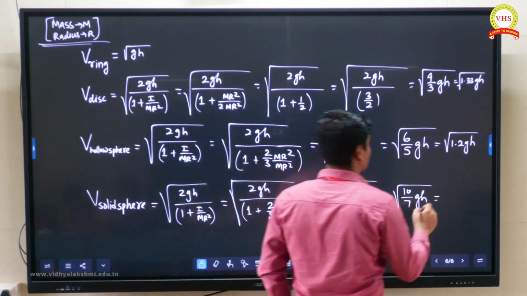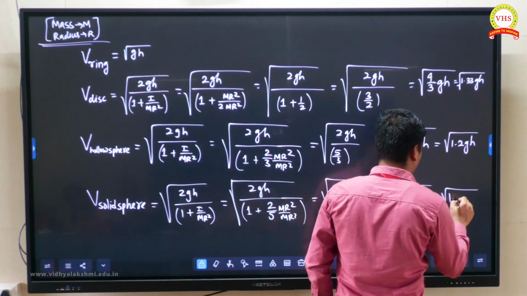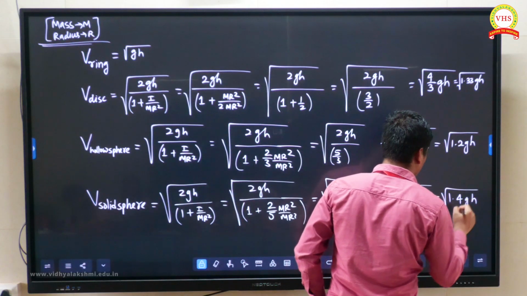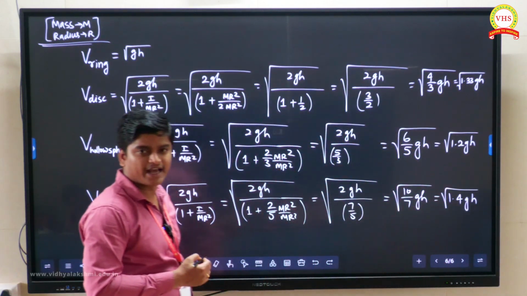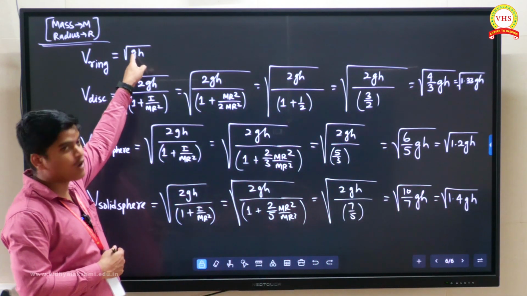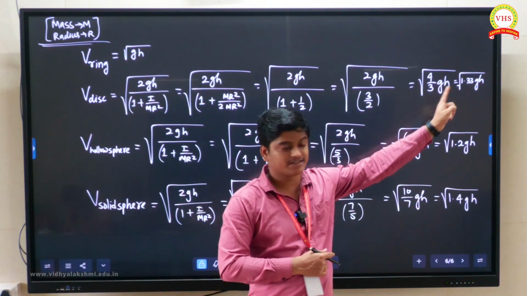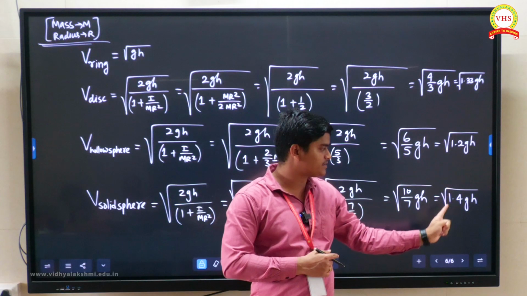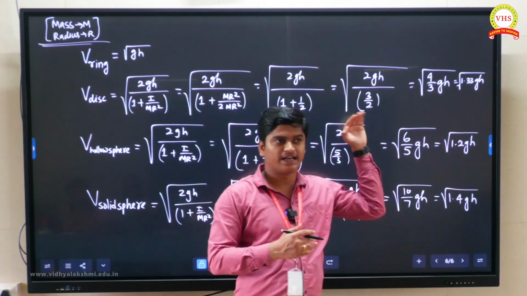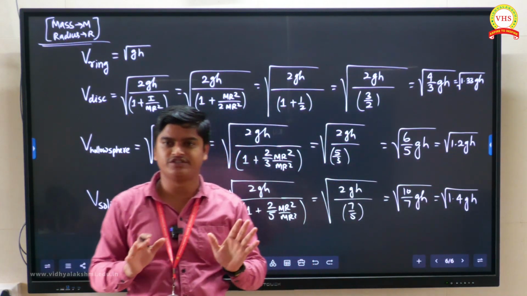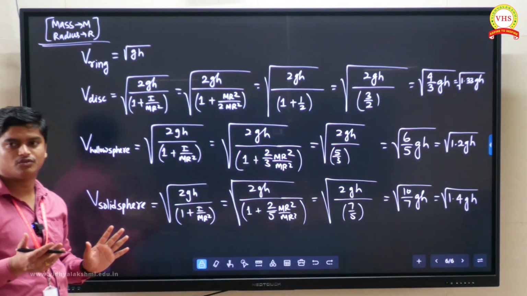So root under 1.4 gh. Yes or no? Now everyone listen carefully. Here it is root 1 gh. Here it is root 1.33 gh. Now 1.2 gh. Here 1.4 gh. Now you can identify, right, which velocity is more, whose velocity